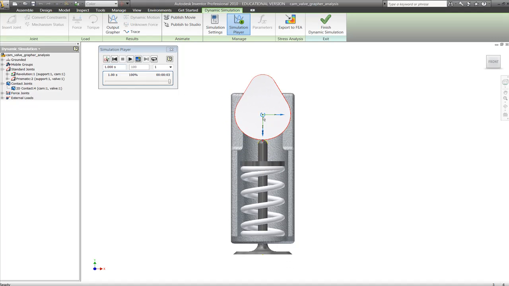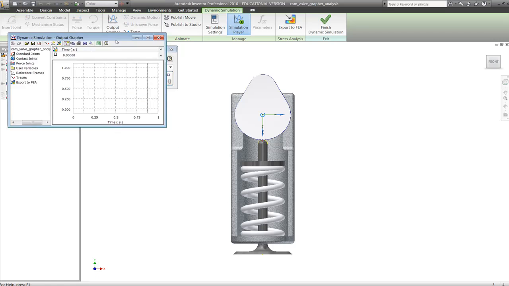Having watched the simulation operating and confirming that it's mechanically fine, I want to produce a visual representation of the forces going on in this system here, and I can do that using the output grapher. Just click on the output grapher here. I'll bring the dialog box down,